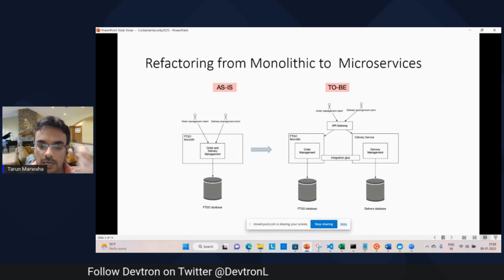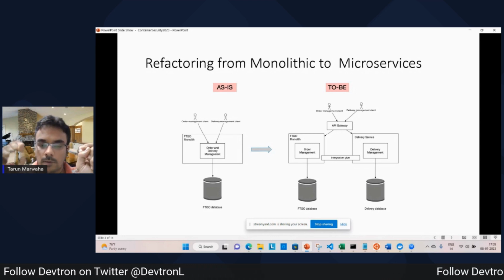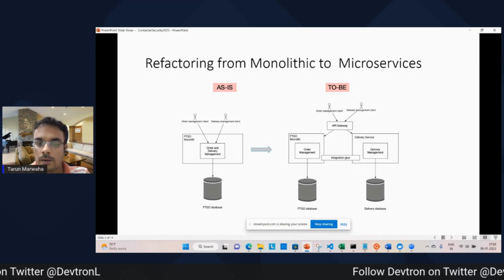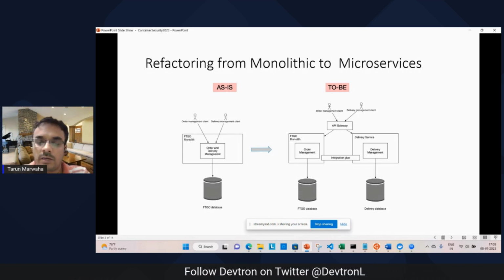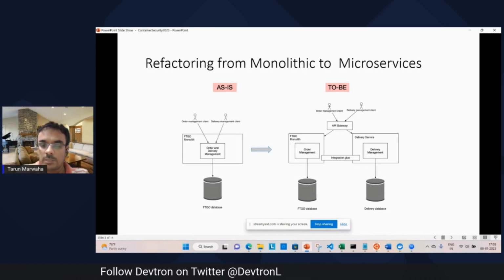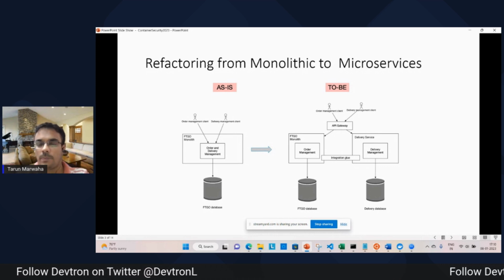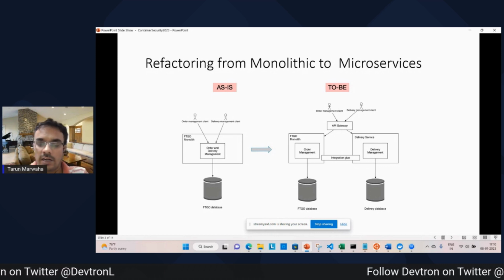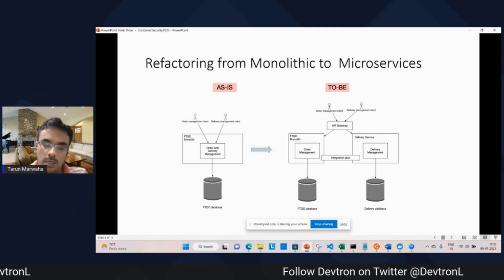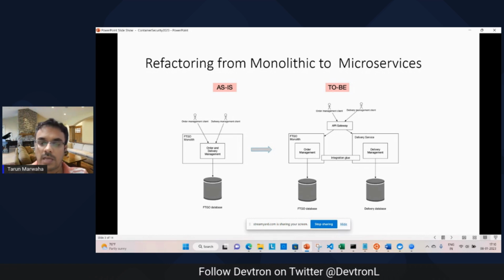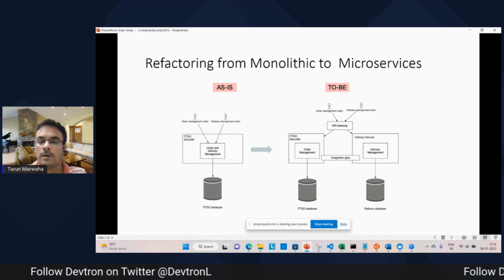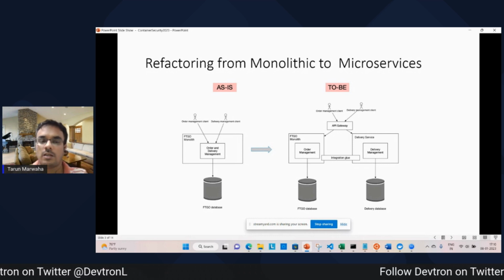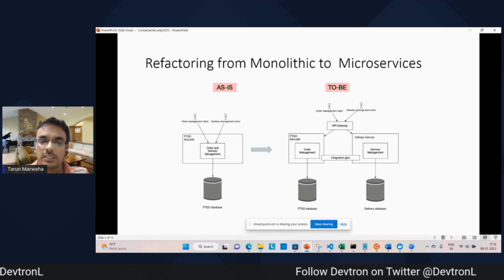So containers, this is how there's a communication mechanism which needs to be established between the order and the delivery management, and then they are having their own separate databases. So in one container we will have both the application as well as the database. These are basically the two containers which we have split, where refactor means we have applied